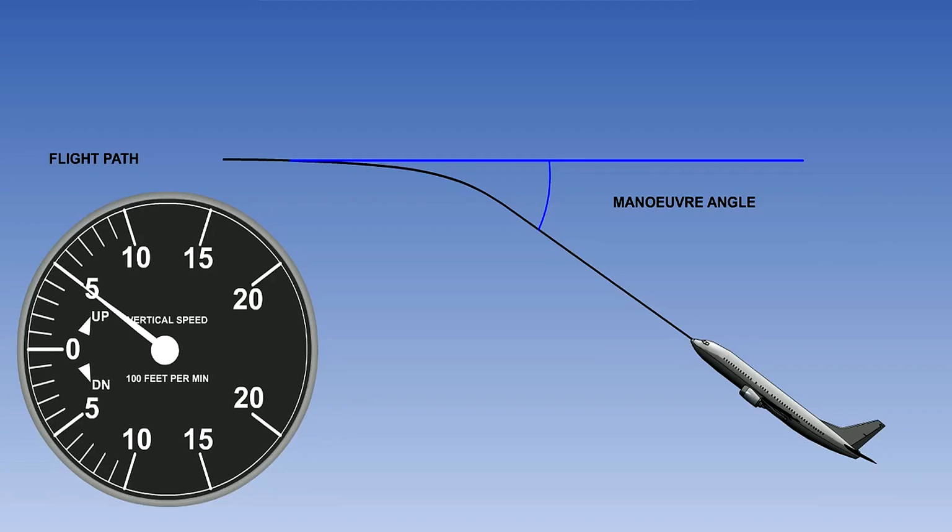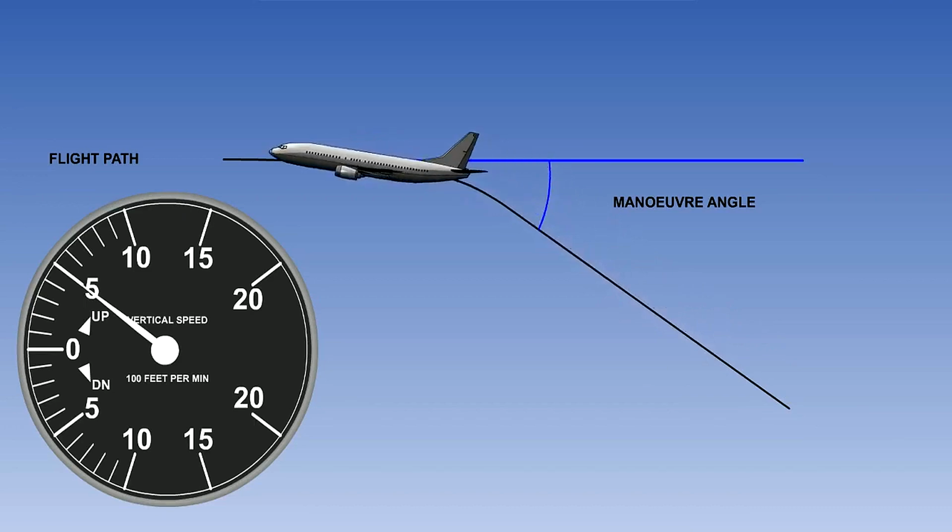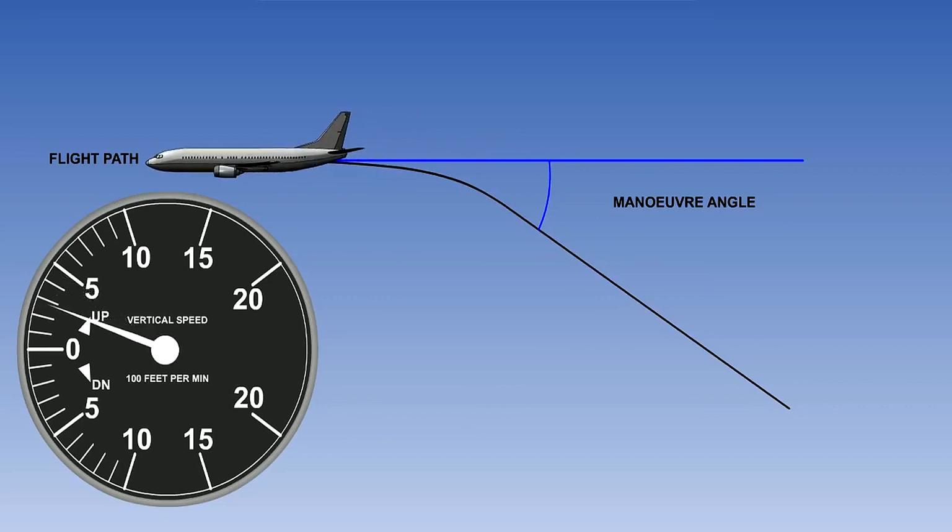The error is best illustrated by looking at a vertical speed indicator reading as the aircraft levels off in the example here. In level flight, the pointer on the vertical speed indicator will read 0, so keep an eye on the pointer. In our example, the aircraft is climbing at an indicated reading of 500 feet per minute on the VSI.